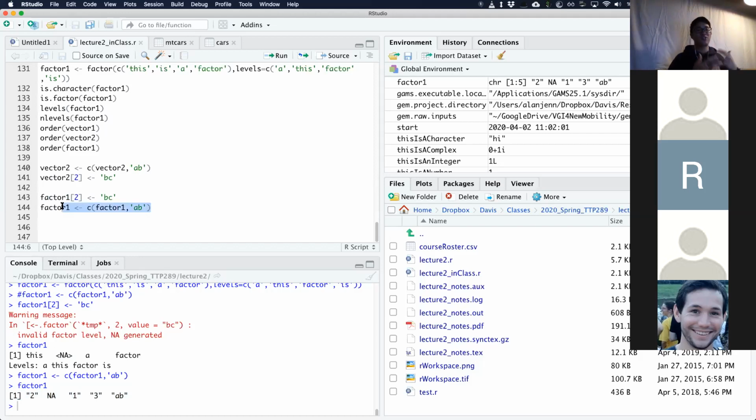So these sorts of mix-ups with factors are common. I mean, I see this time and again with lots of students learning R, and I've made this mistake countless times. So with factors, you have to be extra careful to do certain types of operations. And even